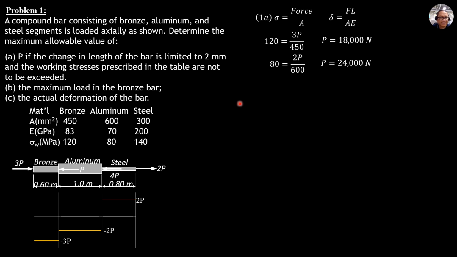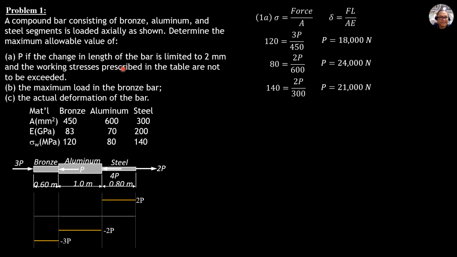And for steel, it's the same load, 2P, but tension, and the working stress is 140, so 140 equals 2P over the area, which is 300. Solving for P, it is equal to 21,000 newtons. Therefore, the safe value of P is the lowest among the three based on strength. So it is 18,000, but we defer that answer yet